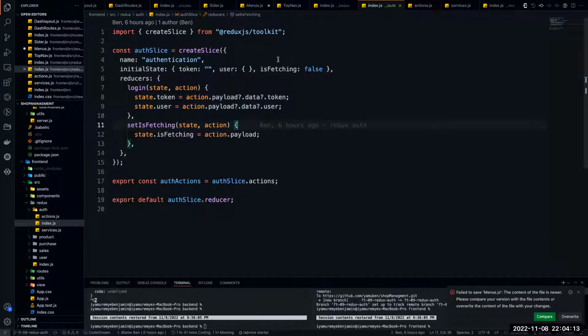Then is fetching, I told you by default it's generally false, but I have also the action that said is fetching called set is fetching. So it's setting up payload. Yeah, so the other thing you do